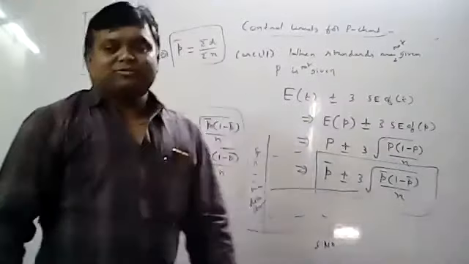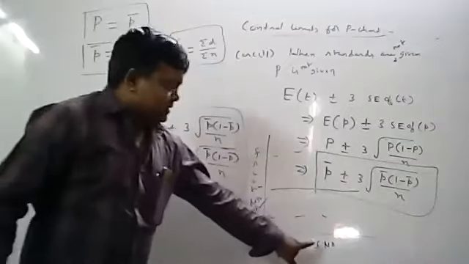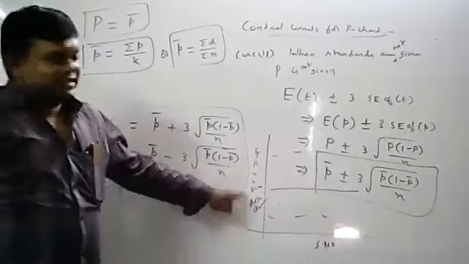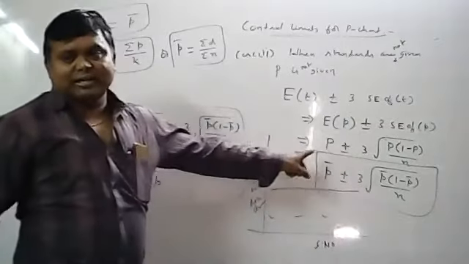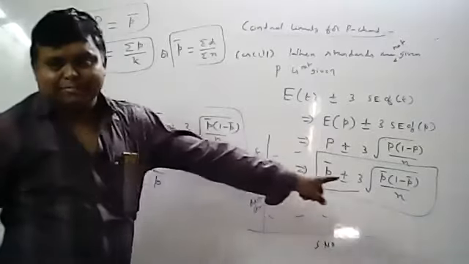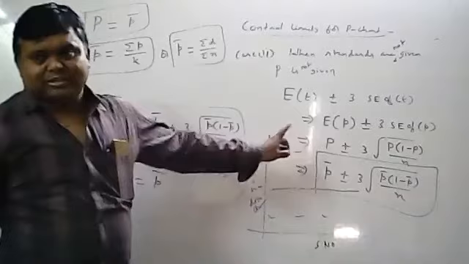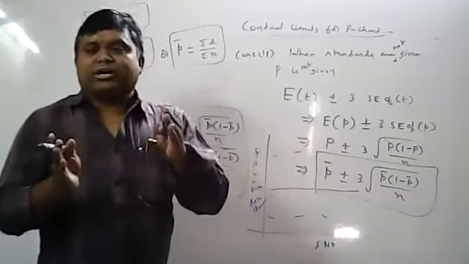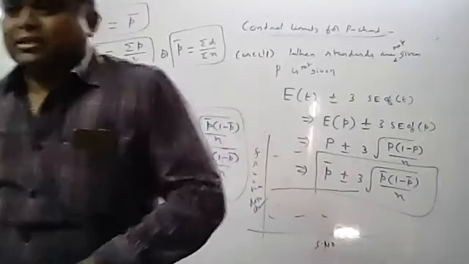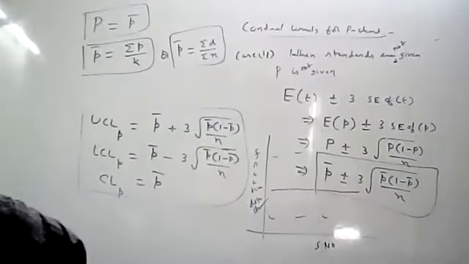So what does construction of the P chart mean? Construction of the P chart is done on graph paper by taking sample numbers on the x-axis and fraction defectives on the y-axis. Then identify the UCLP dotted horizontal line, the LCLP dotted horizontal line, the CL as a bold line, and identify the p values. That is the construction of the P chart. Interpretation: if all the sample points fall within the control limits, then the process is in control. Otherwise, the process is out of control.